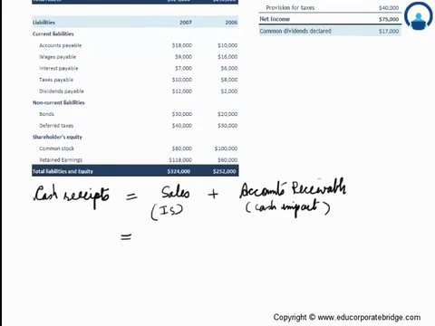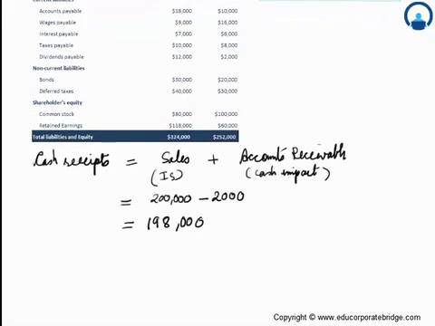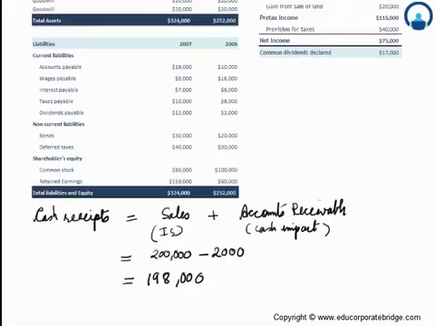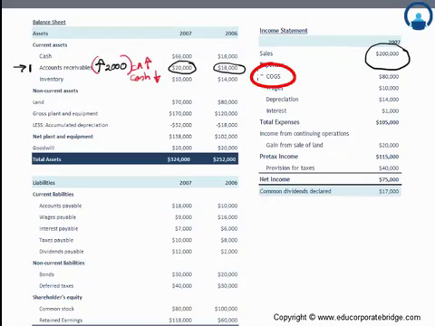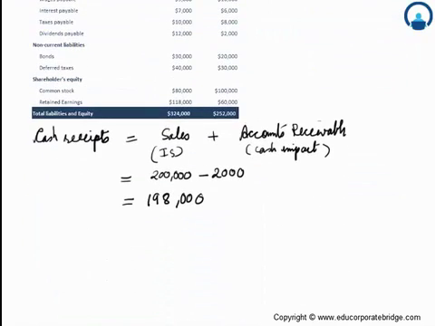So this is the number that we show here in the accounts receivable. So let me put that number. This would be 200,000, and account receivables cash impact is basically 2,000 as a cash outgo. So what we have in terms of cash receipt is 198,000. Now the second thing that we must look at is beyond cash receipt. The second item that comes in the income statement is COGS. So we'll call this cash expense